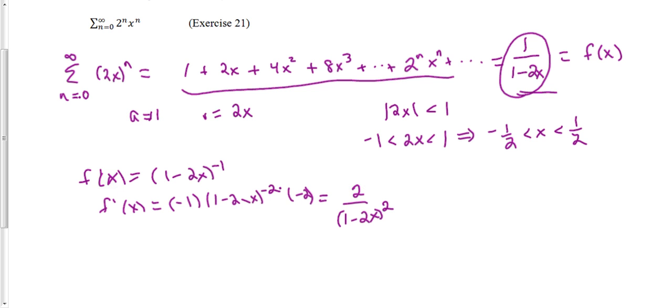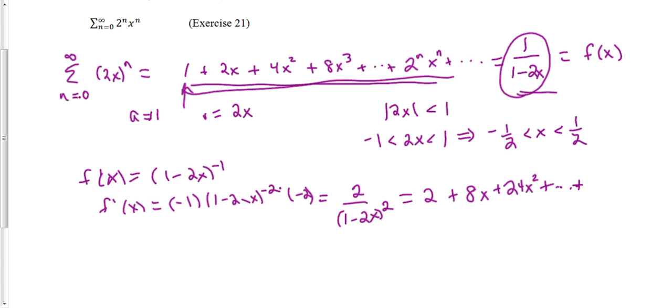And of course, I also need to take the derivative of the geometric series part. So I'm just going to write an equal sign over here, and I'm going to take the derivative, like I said, of this side. So the derivative of 1 is going to be 0. And then for the second term, when I take the derivative of 2x, I'm going to get a 2. When I take the derivative of 4x squared, I'm going to get 8x. When I take the derivative of 8x cubed, I'm going to get plus 24x squared. And then